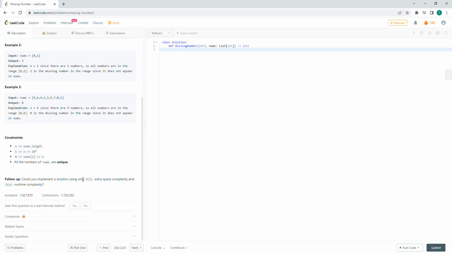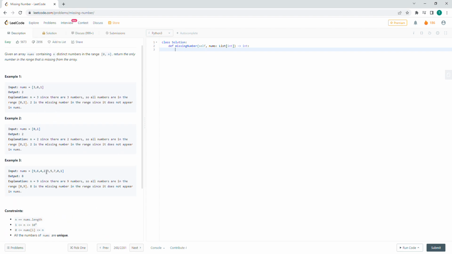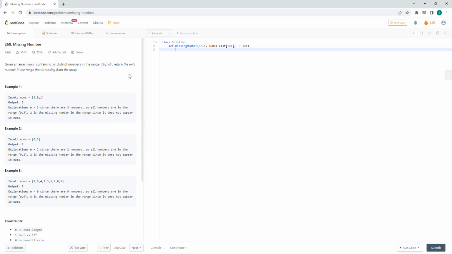Could you implement the solution using only linear runtime complexity and constant extra space? The answer is yes. In order to think about this, if we were missing one number completely and we want to find that number, we could use bit manipulation to figure it out. But intuitively, if we were to add all the numbers together, if you know the series, for instance, all the way from 0 all the way up to n, and you add that all together,